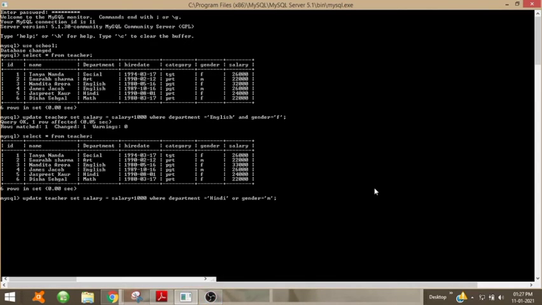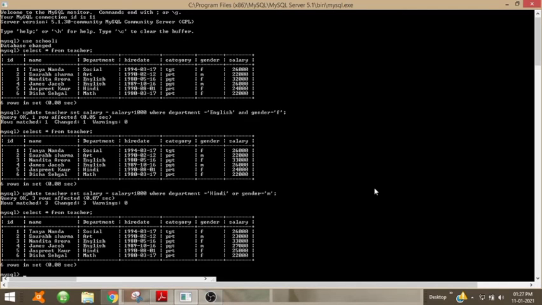So if we update and select star from teacher, what happened? The male teacher's salary is increased from 22 to 23. Then another male teacher from 26 to 27 is also increased. Then the Hindi teacher, who is a female teacher, her salary is also increased.